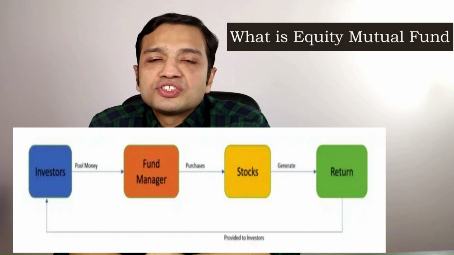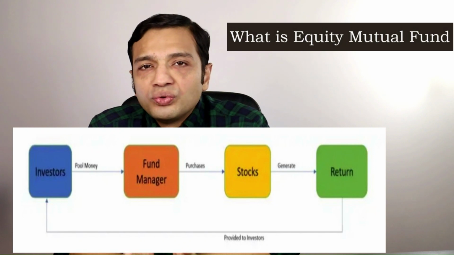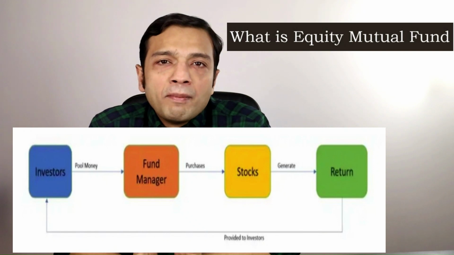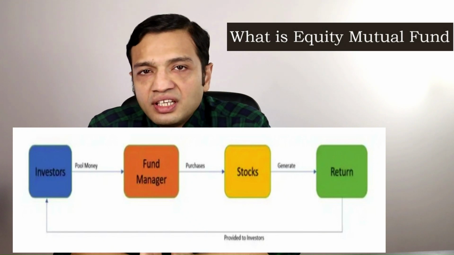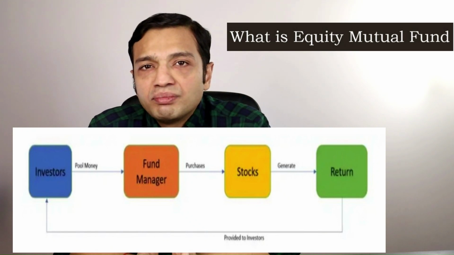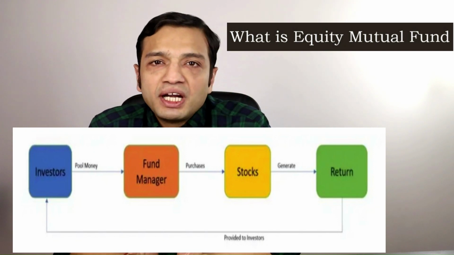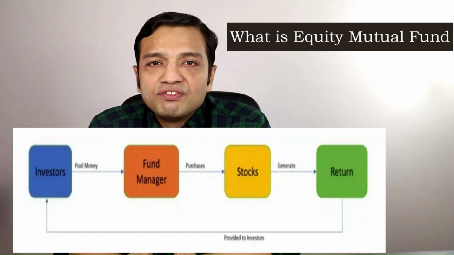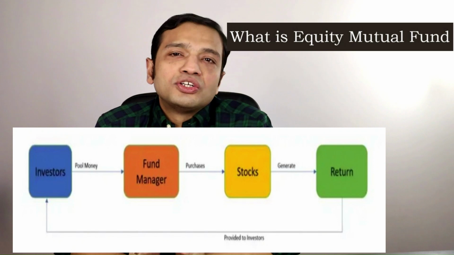If you are looking for ways to invest in the stock market, you can invest in two ways. Either you directly buy stocks, or indirectly you work through some fund manager. And this is an equity mutual fund. In an equity mutual fund, multiple investors pool their money. That money is provided to a fund manager, and then the fund manager invests that money in the stock market based on the fund mandate and the fund focus. Every fund might be mandated to invest in a certain sort of stocks. So based on the fund focus and fund mandate, they invest that money in the stock market, and then the returns are generated, which are provided to the investor. So this is an equity mutual fund.